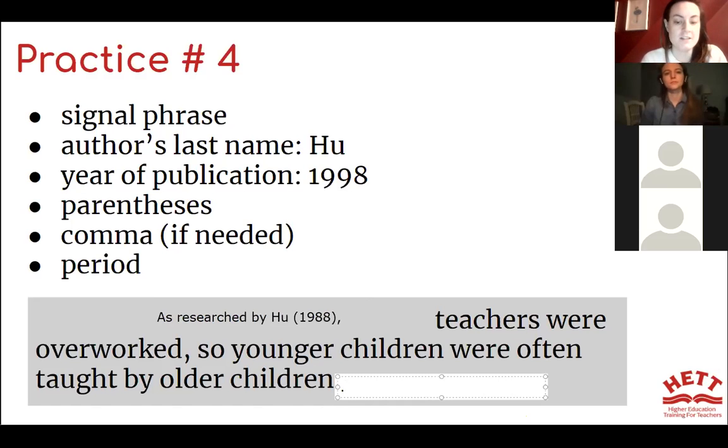Acknowledges, acknowledged, acknowledge. Adds, added. I'll just do one form.